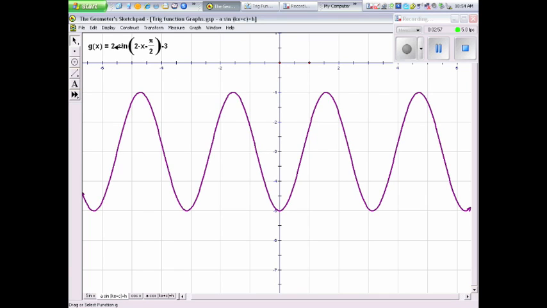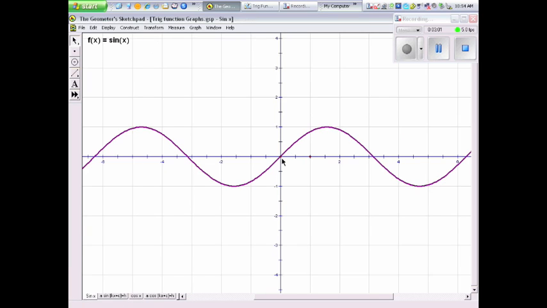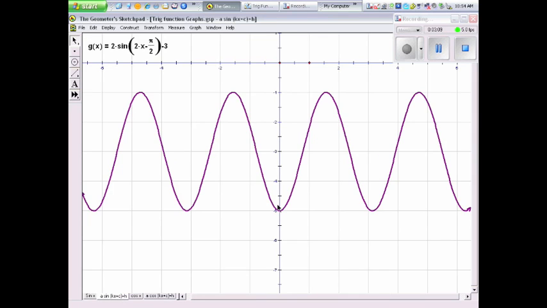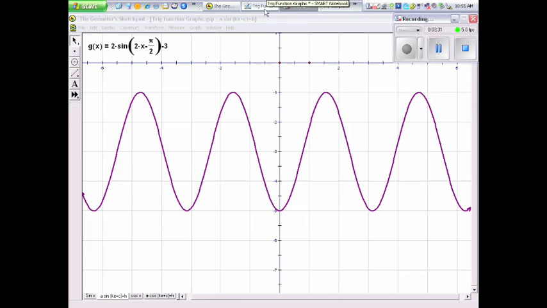You can see here that sine normally starts at its midline. If you go back and look at sine of x, it starts right at its midline, which in this case is 0, starts right at the origin. But when we look at this one, it starts at its minimum on its period. And so you can say, well, this looks kind of like the negative cosine. Okay, if you remember your cofunctions, anytime I subtract or add pi over 2, it's going to do that. So anyway, what we're going to do is we're going to attempt to graph these functions